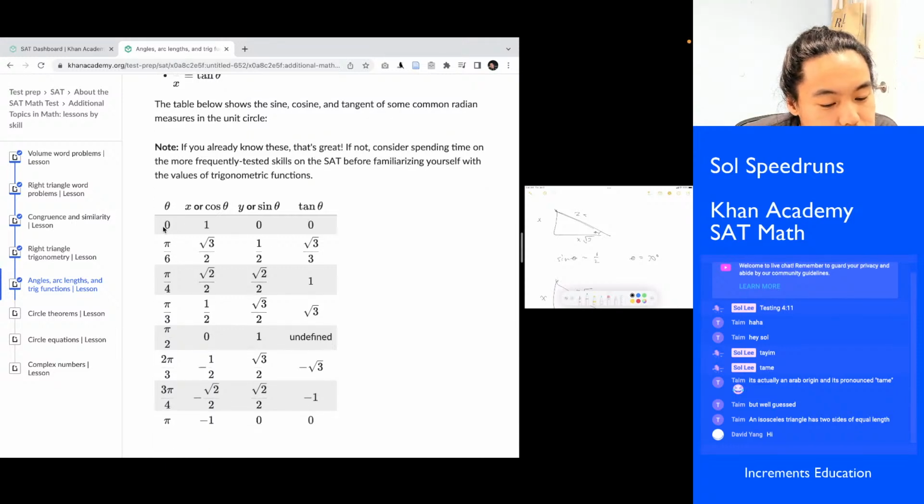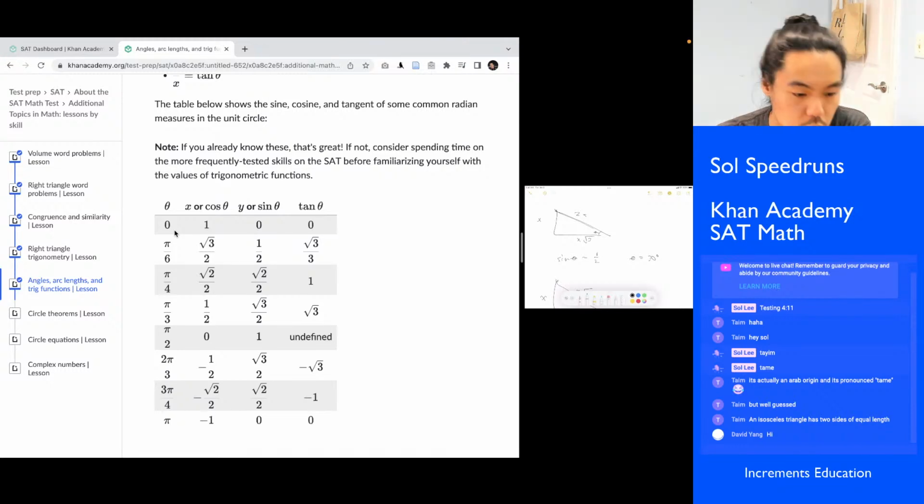Bro, what? Okay, there's no way I'm going to memorize all this. But when an angle is 0, then obviously sine and tangent are 0. Okay, cool. When an angle is pi over 6, which is 1/12, which is 30 degrees, okay, then you're going to get 1/2 for sine. When it's pi over 4, which is 45 degrees, you're going to get